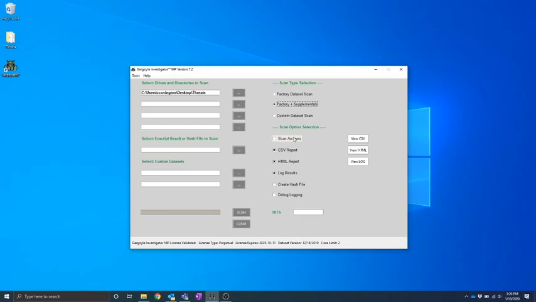I will select Scan Archives, since I know I have some zip files in this directory. I will keep CSV and HTML reports enabled and keep logging enabled as well. I will select Create Hash File to demonstrate the structure of the hash file that is created. Now I'm ready to start my scan. I will click the Scan button,